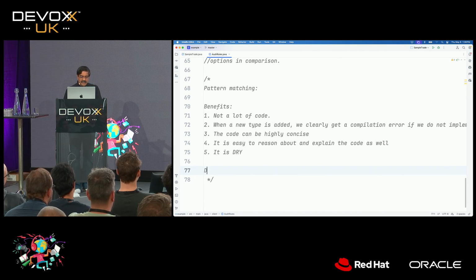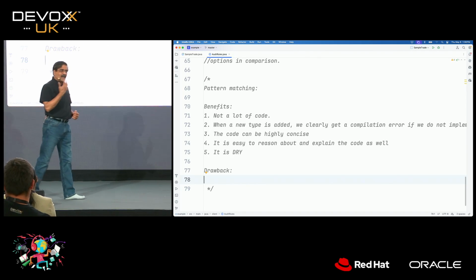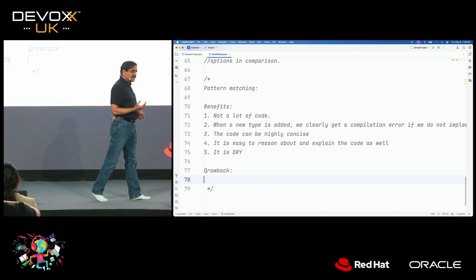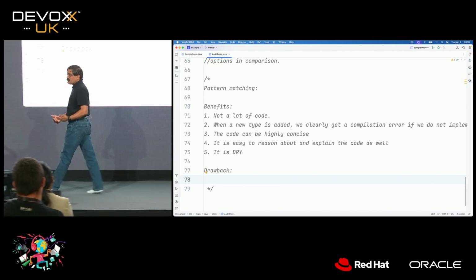Now, keep in mind, if somebody says everything is great, nothing is wrong, that is really terrible, right? So that means we have drunk the Kool-Aid and we're not thinking clearly. There's always a trade-off. So what is the trade-off in this particular case?